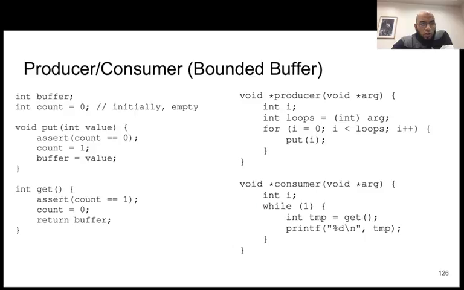So one simple implementation for the producer and the consumer can look like this. We have looked at the put and get. You might have a producer that takes some arguments, and these arguments are the data that you're going to store in the buffer. So you initialize an integer with I. You basically loop into a single integer, and you basically